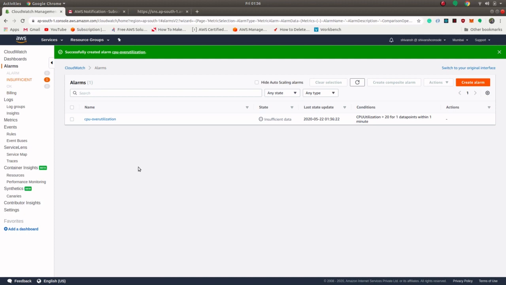Whenever our instance is performing fine, our alarm status will be okay. When AWS is not able to gather a sufficient amount of data to predict the nature of our instance, then it is in the insufficient state, which is right now because we have just created the alarm. And whenever the usage value is greater than the threshold value, the state will be alarm and we will get notified. So we have to wait for 4 to 5 minutes. I'll pause this video.